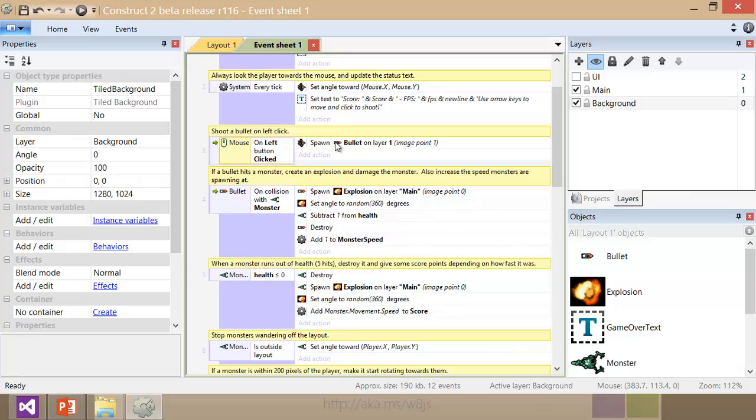So create a new bullet at image point 1. It'll look like the bullet's coming out of the tip of the gun. And we're going to set, or sorry, down here, if the bullet collides with a monster, so there's my collision detection, then go ahead and